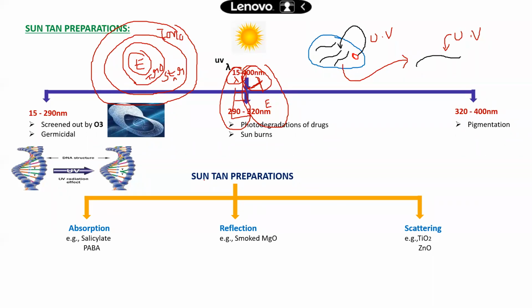Ionization means O2 becomes O minus, O plus. Carbon dioxide means C plus, O minus, O plus. Likewise, all gases become ionized. That is called the ionosphere, where the temperature is higher. At that higher temperature, all gases break down and produce charges.